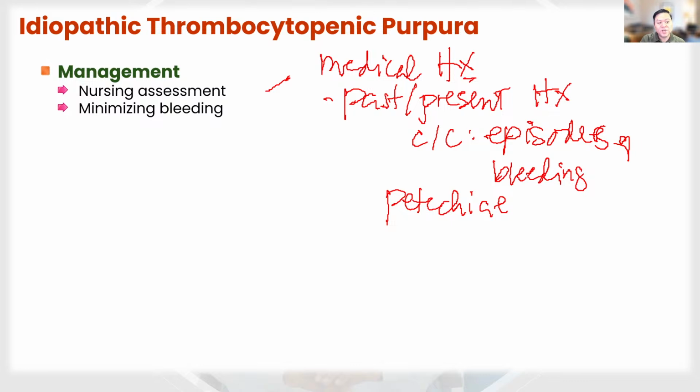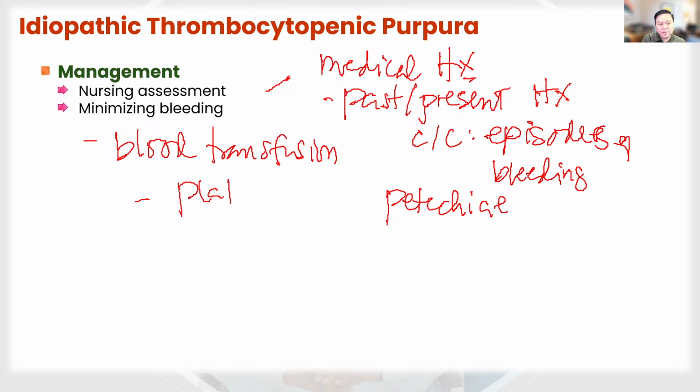Now, for the nursing care, we definitely need to minimize the incidence of bleeding. We're going to have to do our nursing precautions, strict bleeding precautions. We're going to have to monitor the patient's menstrual flow, also possibly the administration of blood products, right? Blood transfusion would be another one. It could be the platelet transfusion, or it could be the packed red blood cell transfusion if they are now